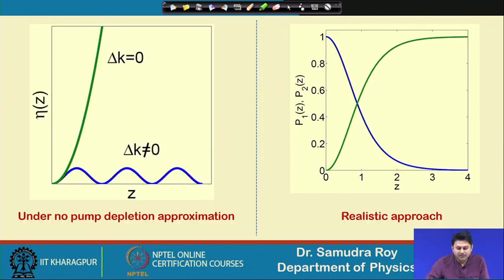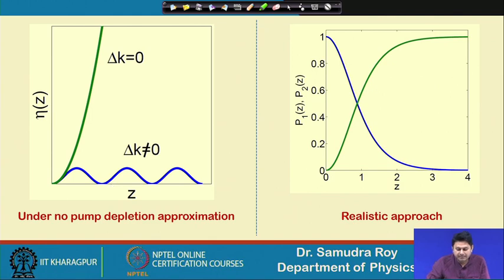Well, after that we will side by side try to understand what is going on. This is the old efficiency figure. In this old efficiency figure we show how the delta k equal to 0 case changes very rapidly, and this change is a function of z square, and z is here on the x axis. You can see that when delta k is not equal to 0, the efficiency is changing, but there is a sinusoidal change here, and efficiency reaches a maximum and then goes down.